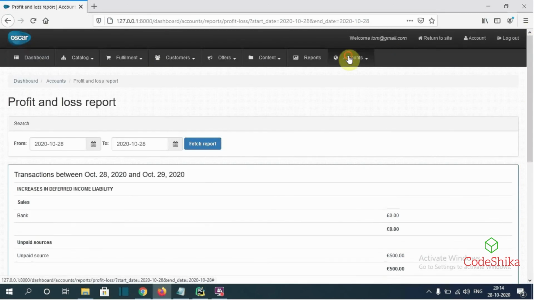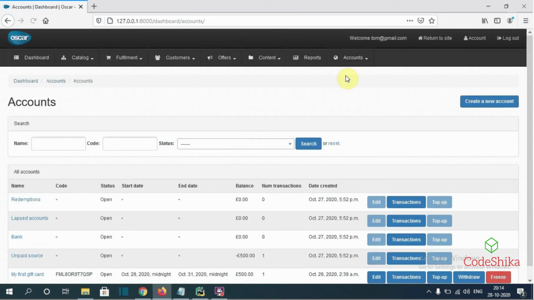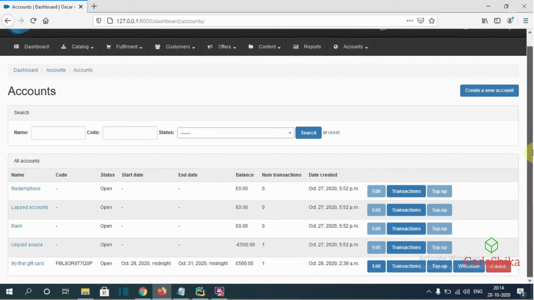So now in the next tutorial we will see in depth what the different types of accounts the Django Oscar accounts package provides us, and we will see how to set up Django Oscar accounts in our Django Oscar project.